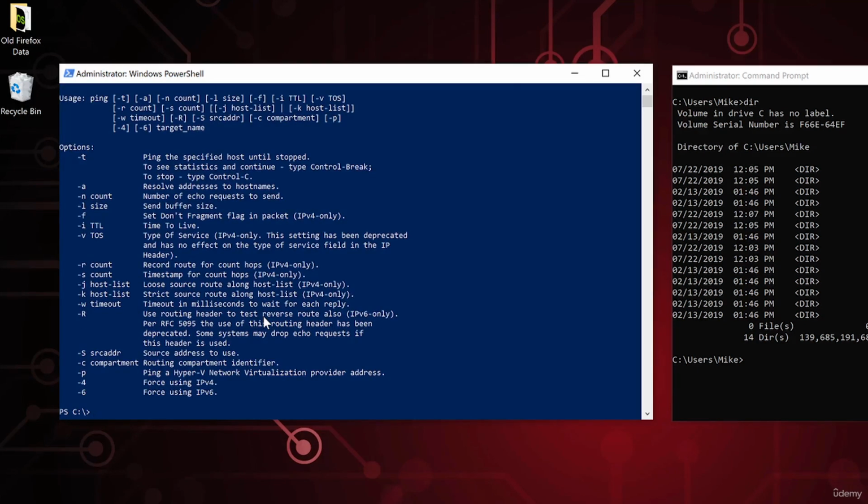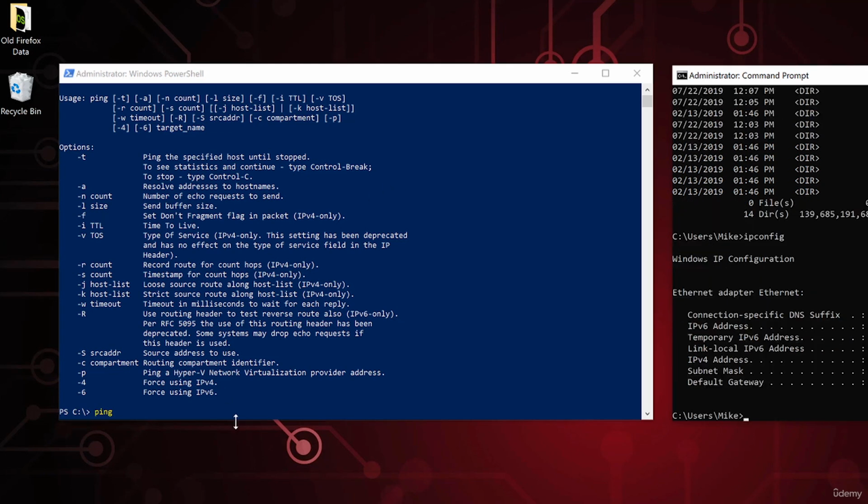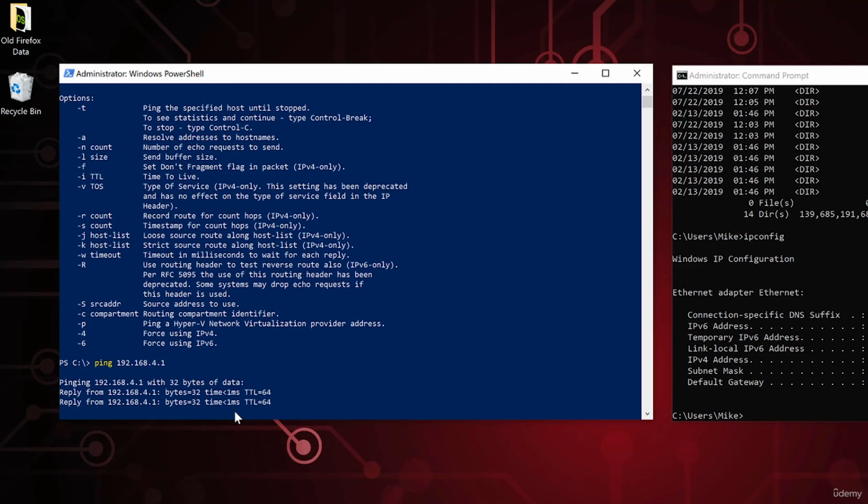And if I type ping by itself in a Windows environment, it's basically like, you don't run ping by itself, so we're going to open up help so you can figure out what you're trying to do here. So instead, what I'm going to try is I'm going to run ping, and normally I'm going to type in the IP address of another system. I just happen to know what the systems are on my network here. So you can see I type in ping and then an IP address, and you can see that I'm getting